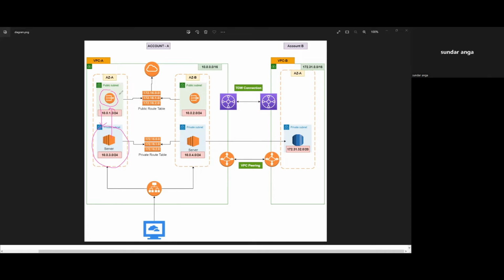We can create a NAT gateway in one AZ, but it's recommended to create more NAT gateways, in two AZs. But I will create one NAT gateway in public subnets, and we will let the application server talk to the internet. So I will go back to my